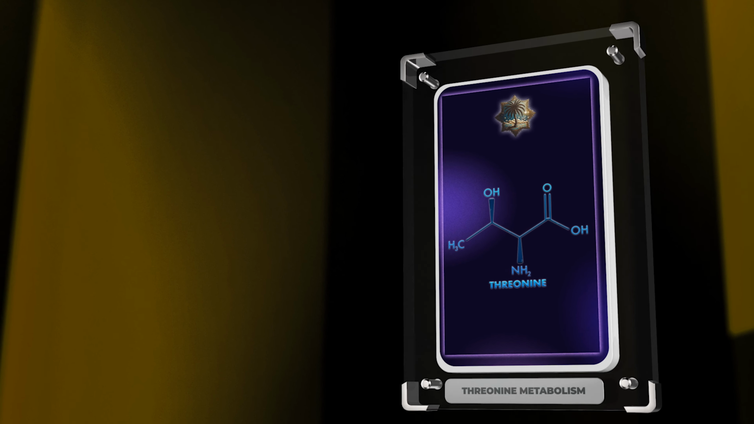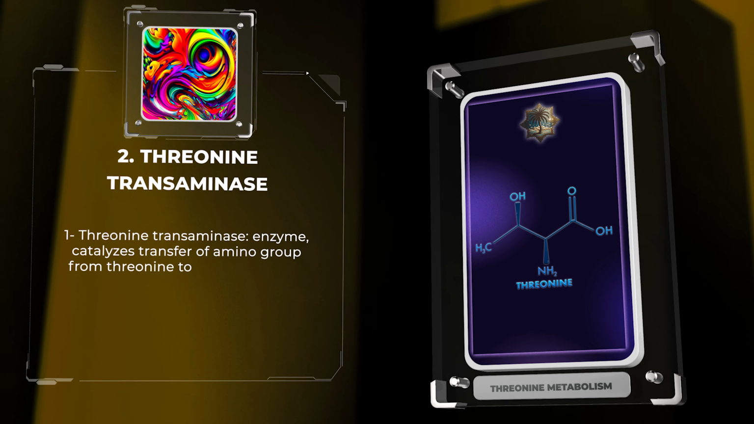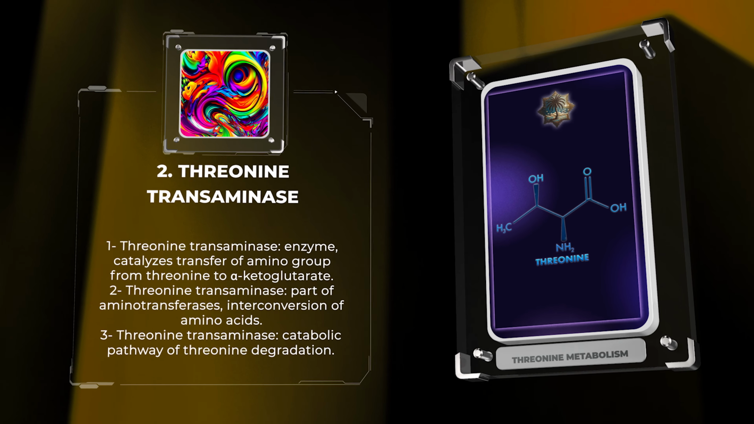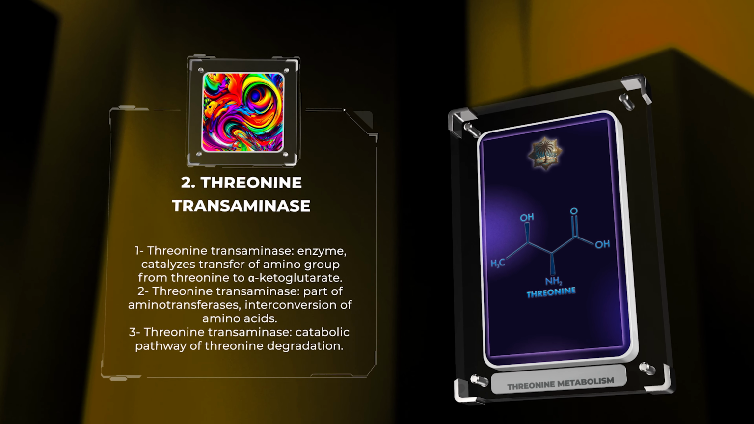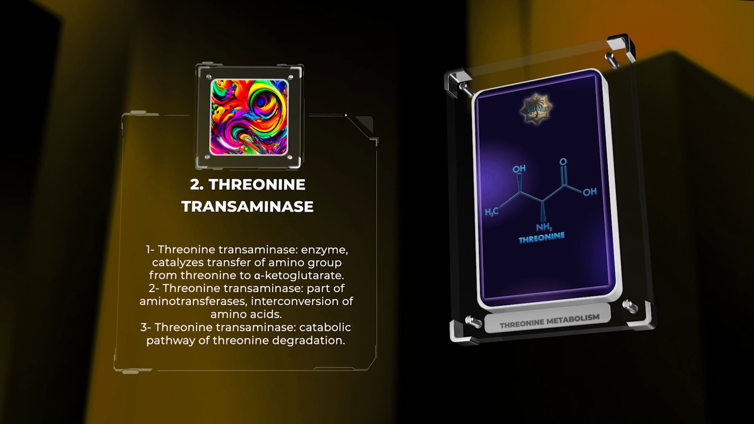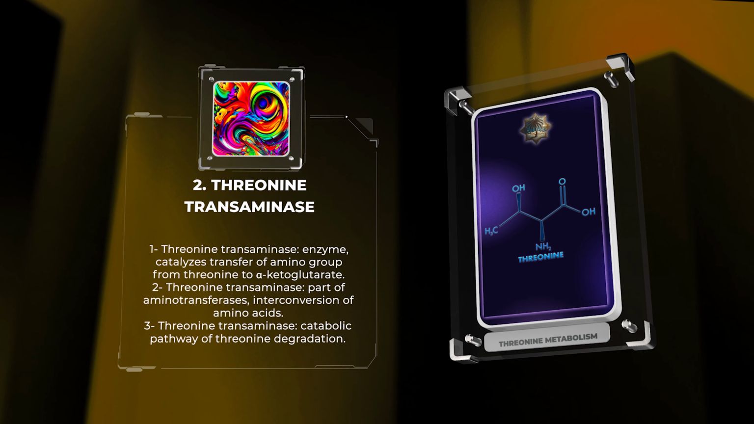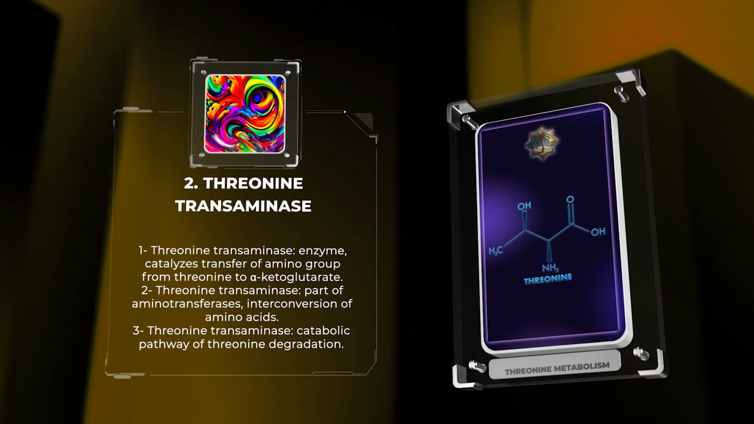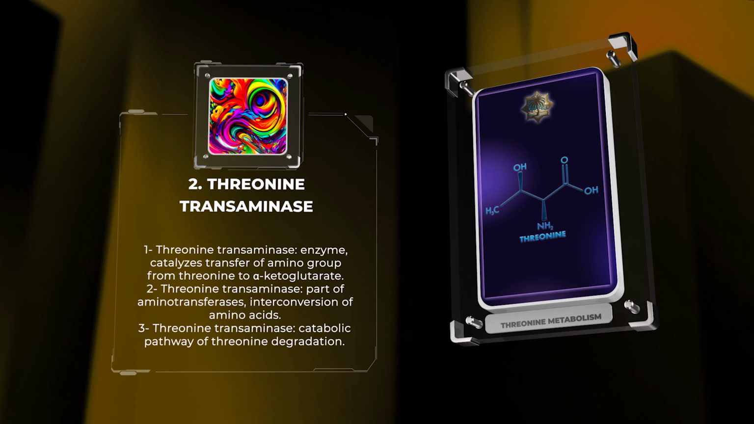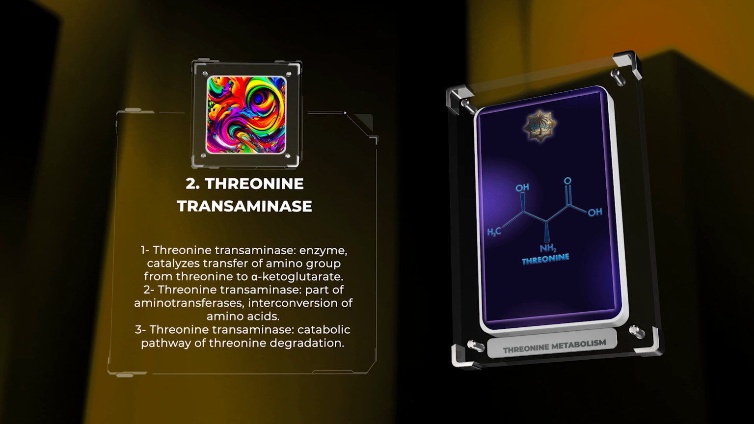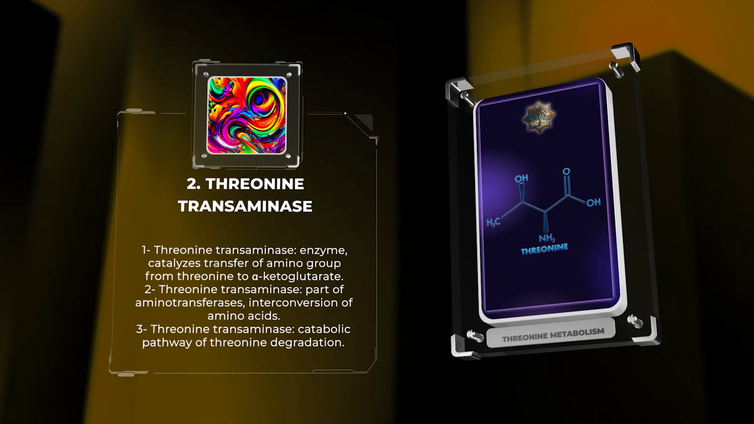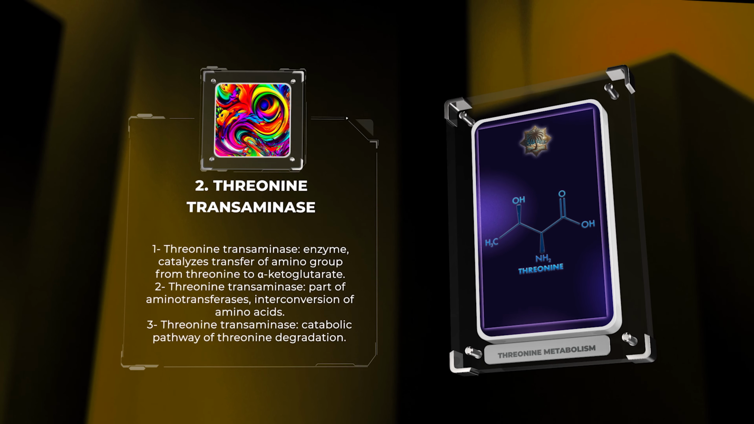Threonine transaminase, also known as threonine aminotransferase, is an enzyme that catalyzes the reversible transfer of an amino group from threonine to alpha-ketoglutarate, forming glycine and 2-ketobutyrate. This enzyme is part of the larger family of aminotransferases, which play a vital role in amino acid metabolism by facilitating the interconversion of different amino acids. Threonine transaminase acts as a key player in the catabolic pathway of threonine degradation, contributing to the synthesis of glycine